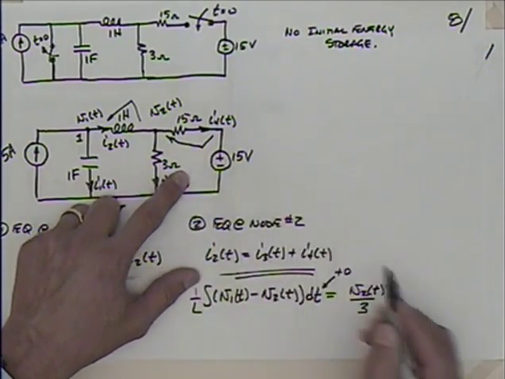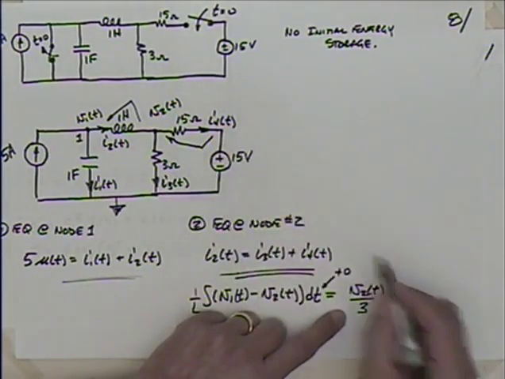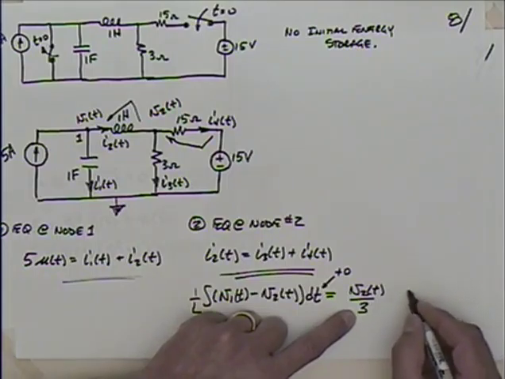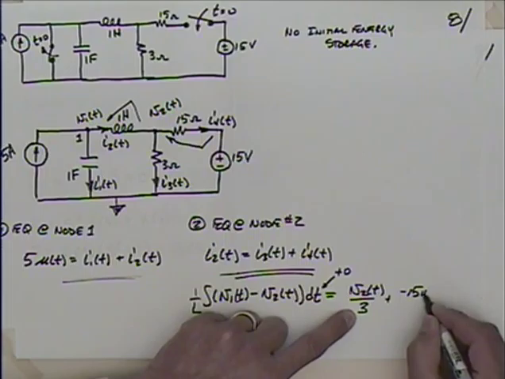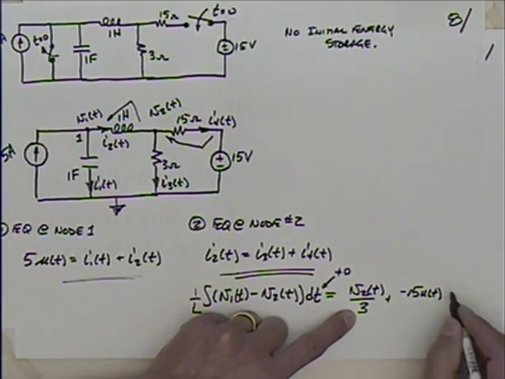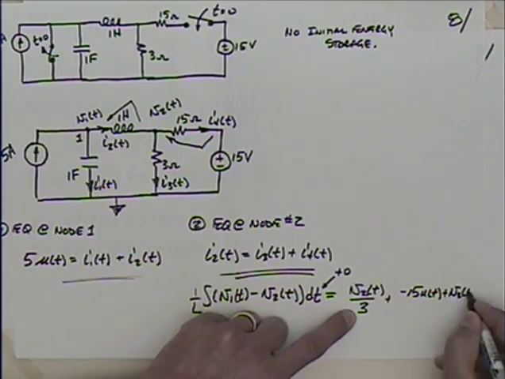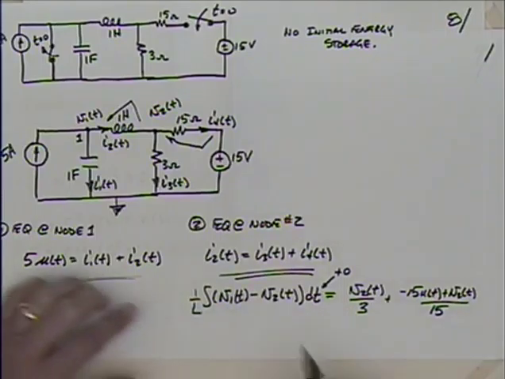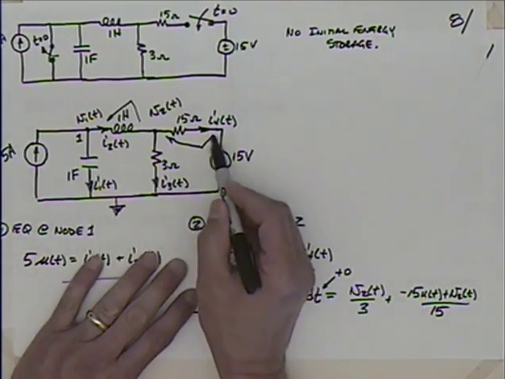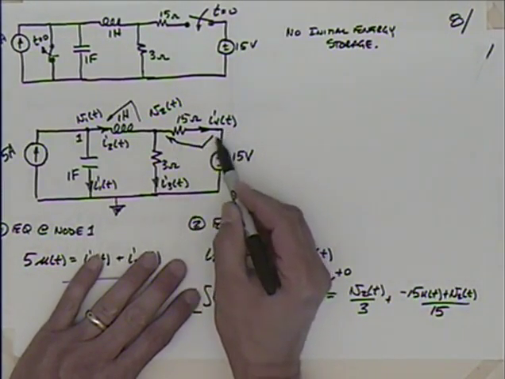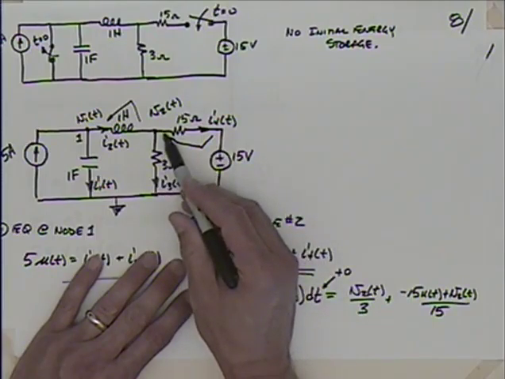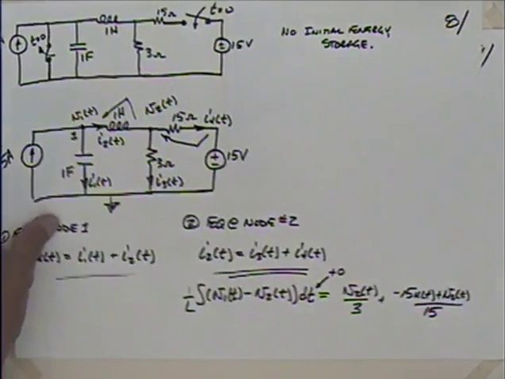I've got to find the potential there. So I'm going to have to subtract 15 and add to it V2. So I have minus 15 u of t plus V2 of t divided by what, 15? Okay, same thing we've done a lot of times. I find the voltage across this by subtracting 15 and adding V2, and then I divide by the value of the resistance. So now that I have that,